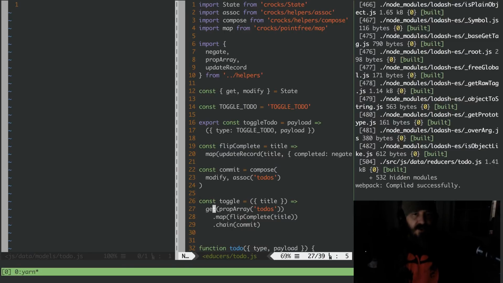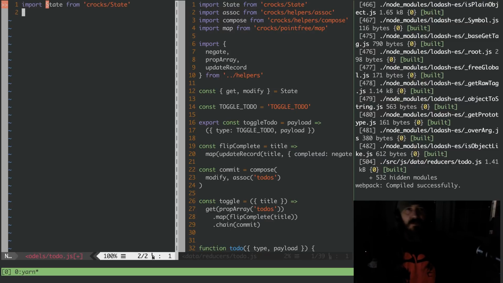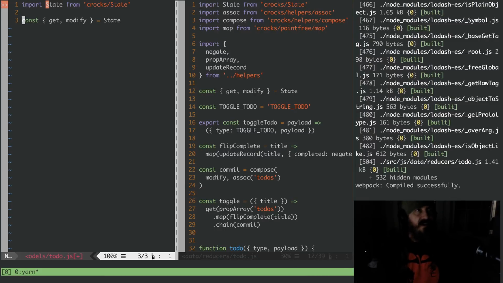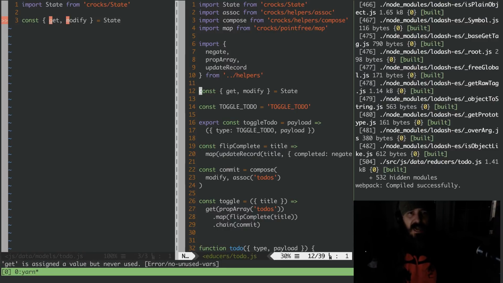So first of all, we have this. Well, we need to get state in there for sure, right? Because we know state needs to be there, and we know we're going to need the get and modify stuff. We need that stuff. Okay, the next thing that we need to do,